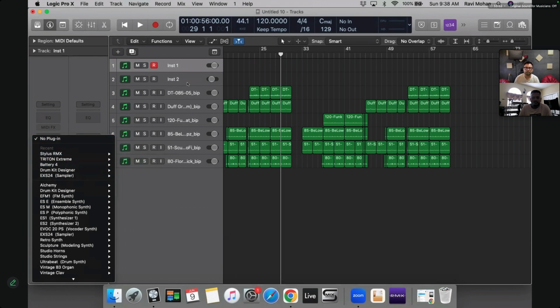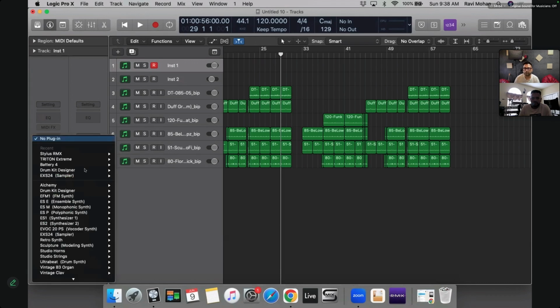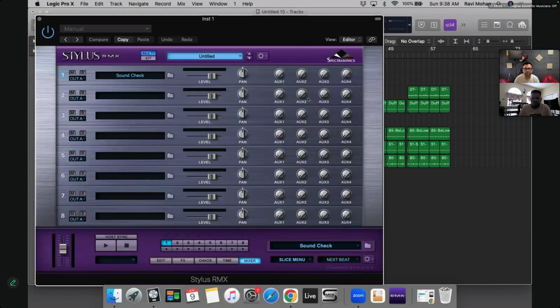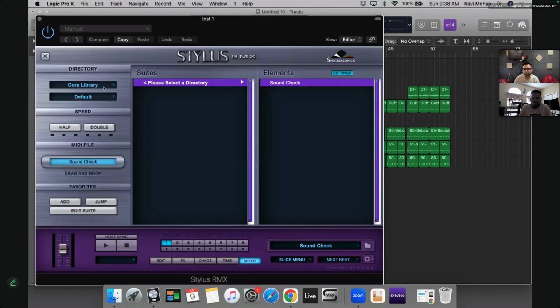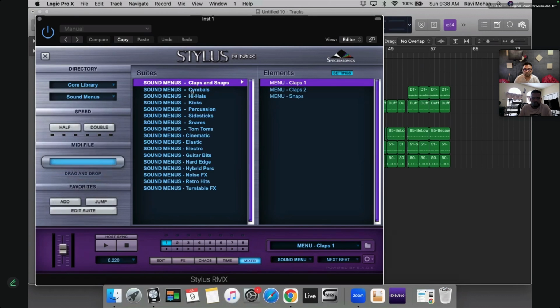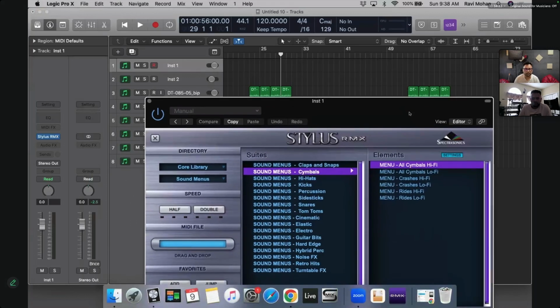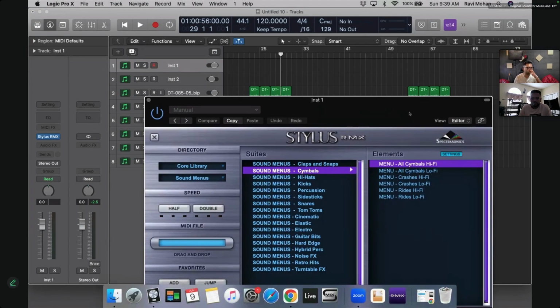Now let's not disturb the RMX that we already had. Let's say I want to go to this. We did not pick up one thing, that is this crash. Let's say I want to do this sound of the crash. So, sound of the crash, cymbals, and obviously like before, we have different samples of cymbals and crashes on different keys.